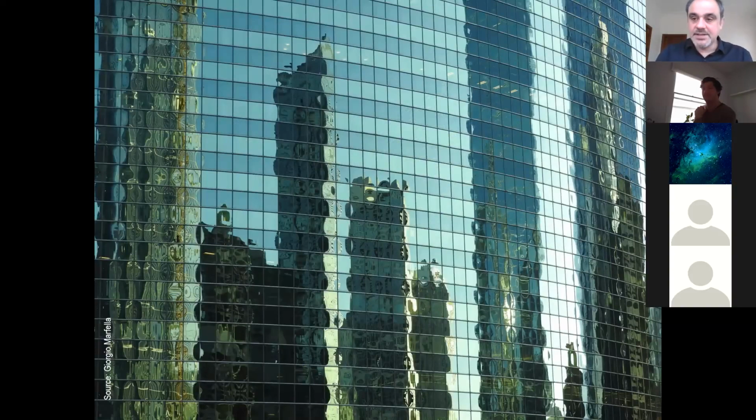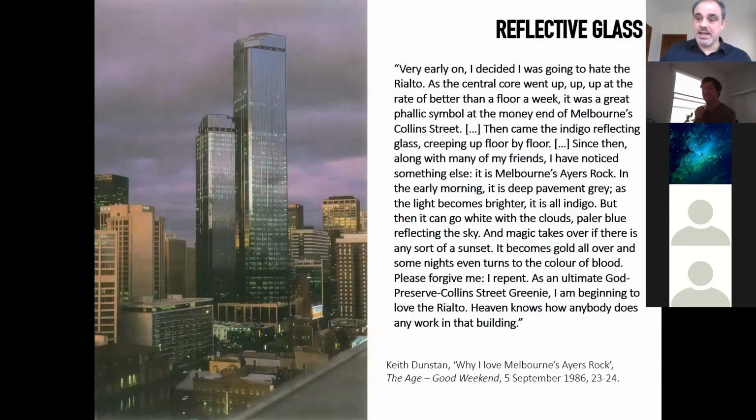But reflective glass becomes the material that somehow prolongs the life of the glass box even into the 1970s and in the 1980s, which is probably arguably the real golden age of the glass box. Okay, Rialto in Melbourne is probably an example of the ultimate glass boxes of the 1980s, and it was when